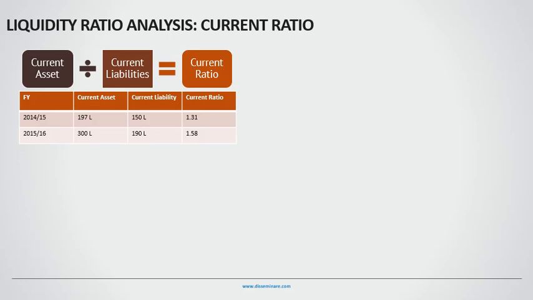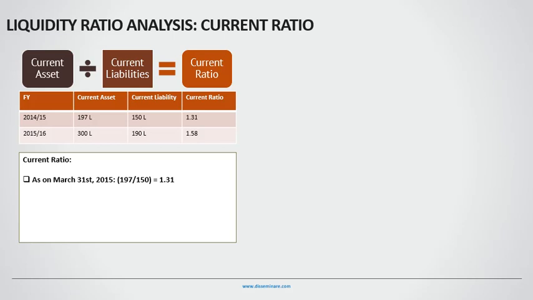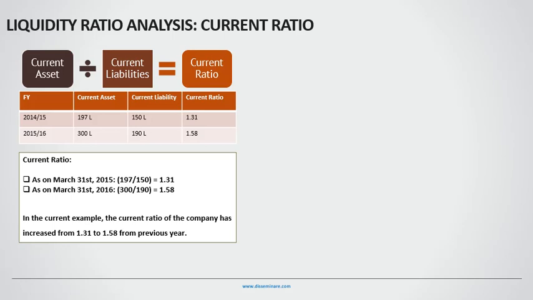Let us refer to the table below, showing the current ratio calculation. Please note, as on March 31, 2015, the current ratio is Rs 197 lakhs, divided by Rs 150 lakhs equals 1.31. As on March 31, 2016, the current ratio is Rs 300 lakhs, divided by Rs 190 lakhs equals 1.58. In the current example, the current ratio of the company has increased from 1.31 to 1.58 as compared to the